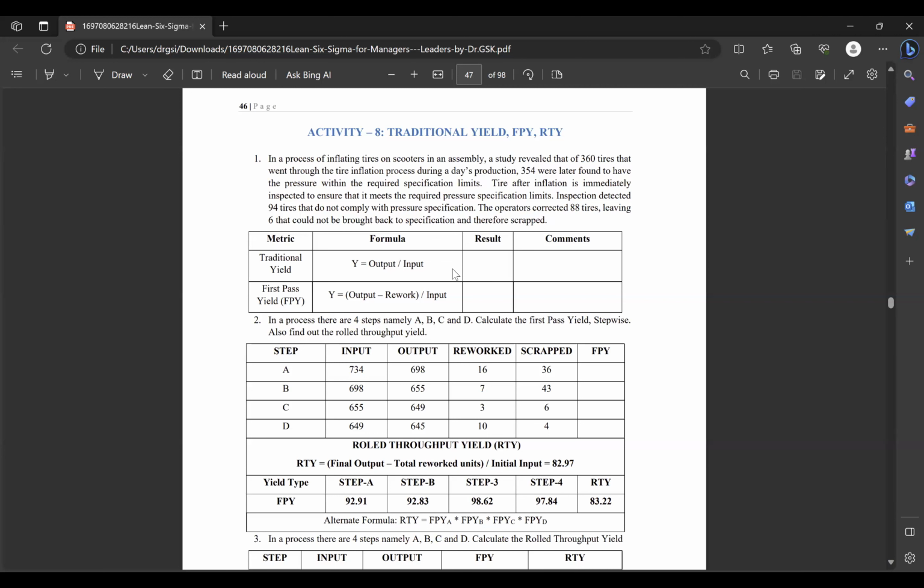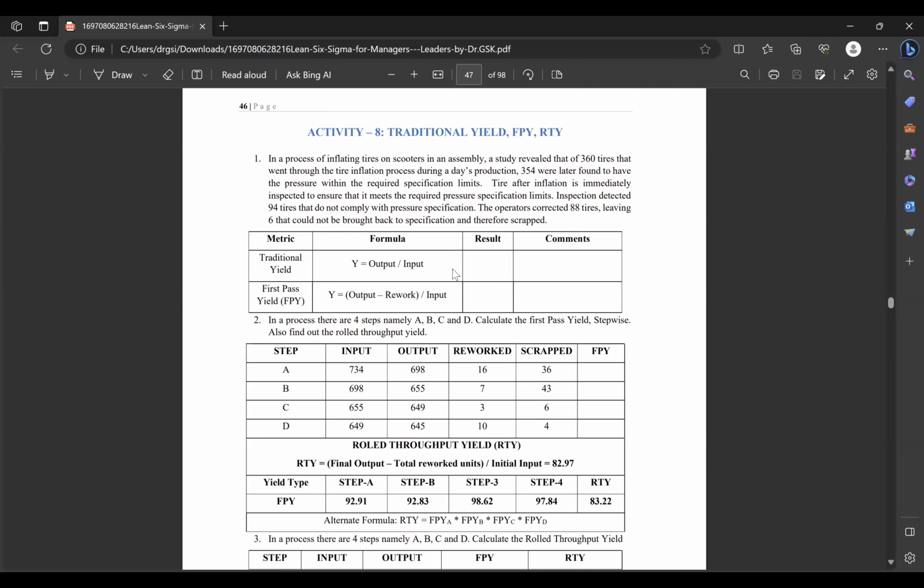Total output is 360, minus initially we have got 6 failures. So it becomes 354. See here, 6 got rejected, so the output is only 354. Out of the 354, how many got reworked? 88 got reworked. So 354 minus 88,